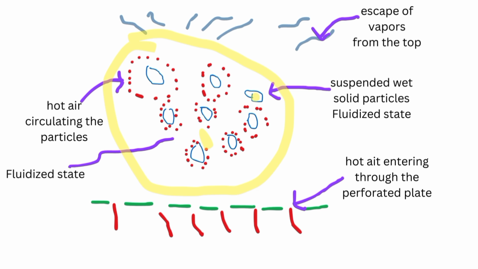This diagram shows how the drying takes place in the fluidized bed dryer. You can see here there is a perforated plate through which the hot air is entering with a greater velocity, and the velocity is much higher than the settling velocity of the powder sample. Due to the greater velocity, this air lifts the powder particles and suspends them in a stream of air, and the air circulates around each and every particle and removes the moisture present in the powder particles, so that drying takes place. This moisture gets converted into vapors, and these vapors leave the drying